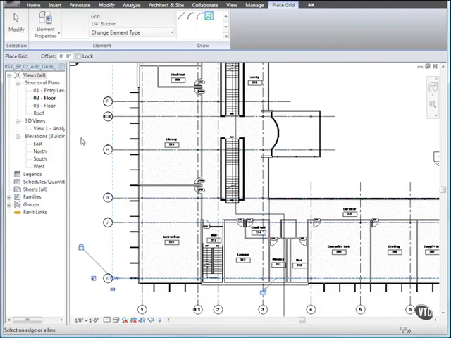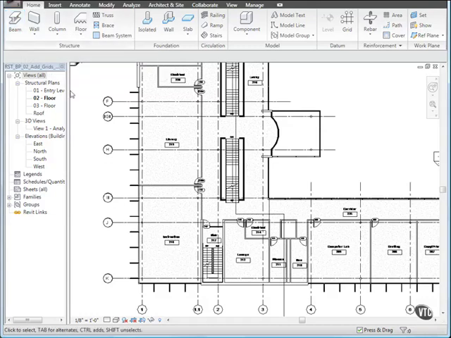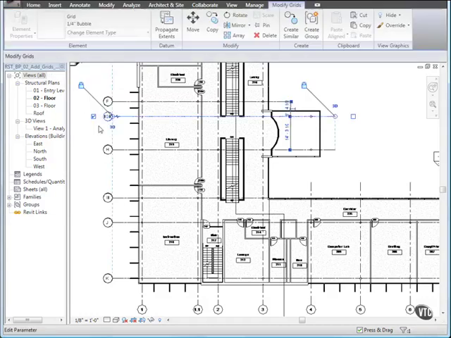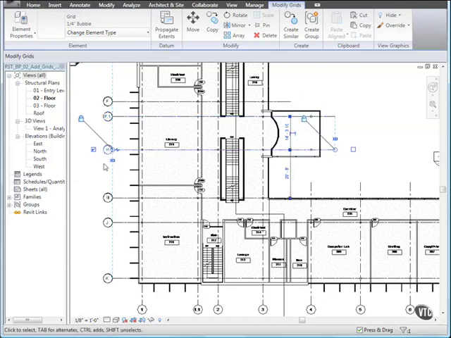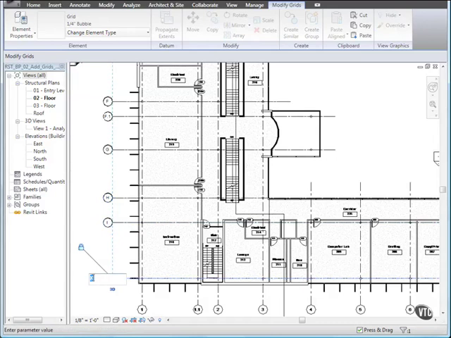Then, click Modify and select the grid bubble G and click the bubble again and type F1 and press Enter. Then, using the same method, change the rest of the grid bubbles to match the import. The last horizontal grid line is labeled J. When finished, clear the selection by clicking in a drawing area,